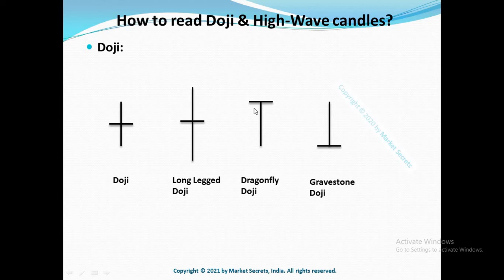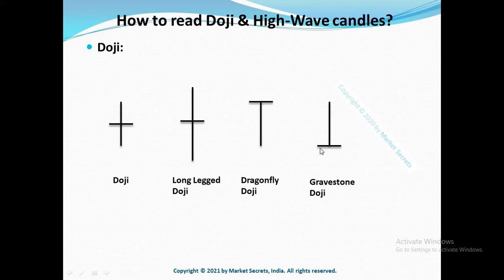And when it comes to Dragonfly Doji, there is a big imbalance because the buyers are in full control as they push the price up after a huge sell off. So if you look at this candle, the price opened at the top and it went down all the way and then it reversed and closed again at the top. So this indicates huge buying and the buyers are in full control. This creates a good imbalance and can form a good demand zone.